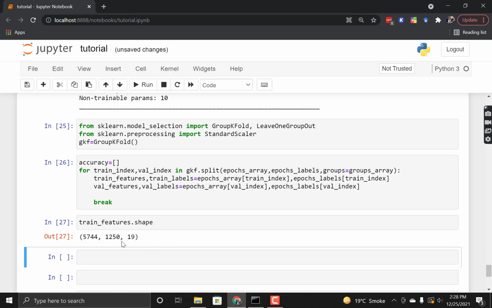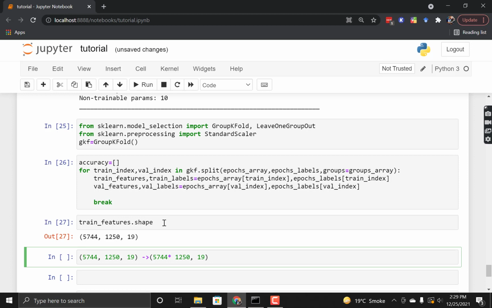data. What I will do is reshape the data such that it would be 5744 multiplied by 1250, and 19. Currently the shape of my data is like this. I will convert it into something like this. So I have to reshape the data, and once the data is reshaped, I will scale the data.